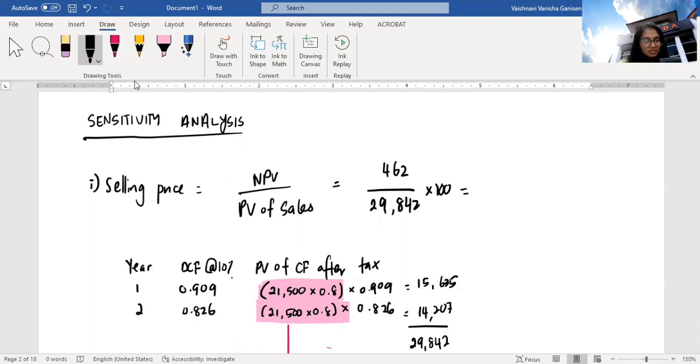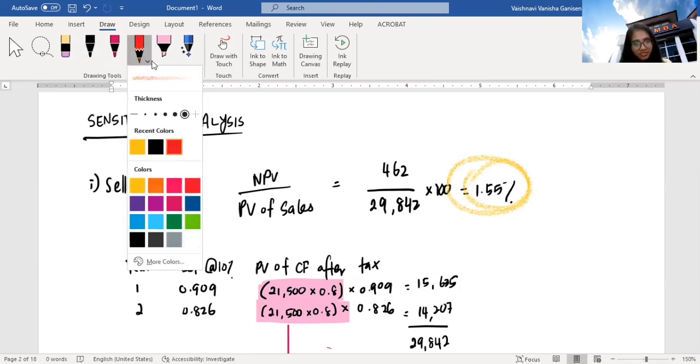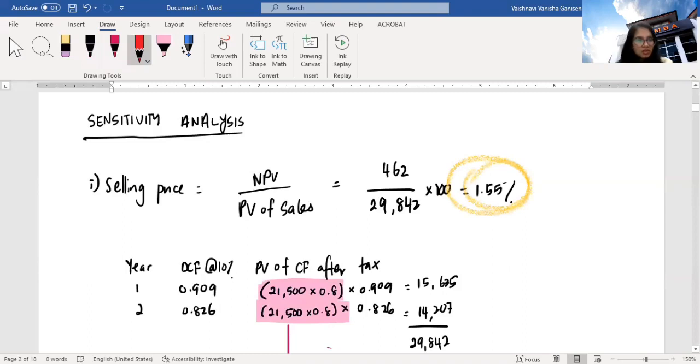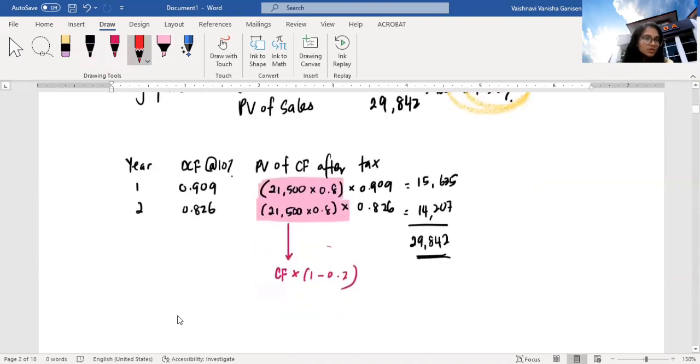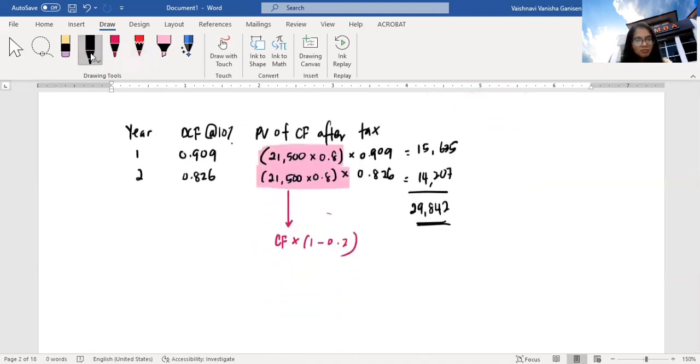462 over the answer is 1.55%. Guys, this is a very low figure. It's actually considered as very sensitive. Okay, now the next one,